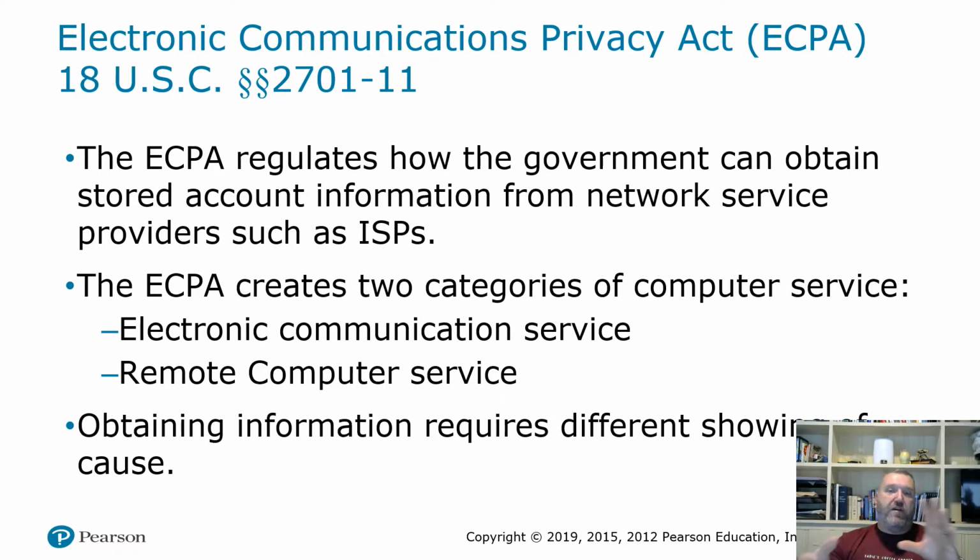All right, so ECPA regulates how the government stores and looks at ISPs that allow communications. There are two components created under ECPA. The Electronic Communication Service is your service that allows the transiting of information across their network. They don't store or open anything, they just allow transiting. So this is going to be larger ISPs, routers, hubs, switches that belong to outside communication structures.